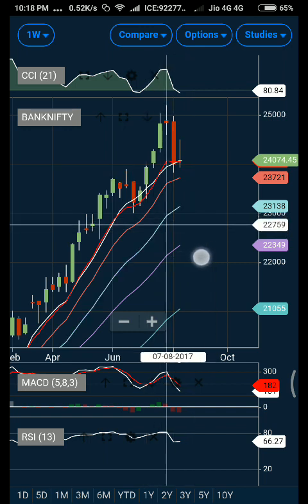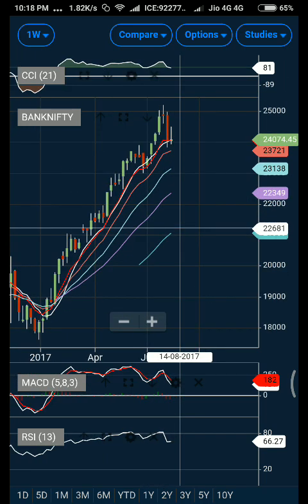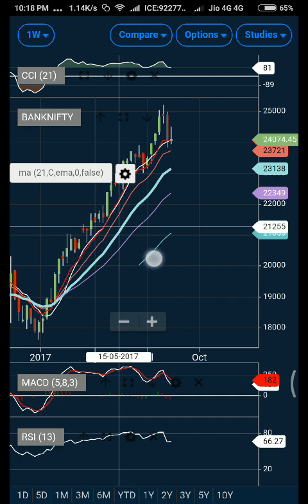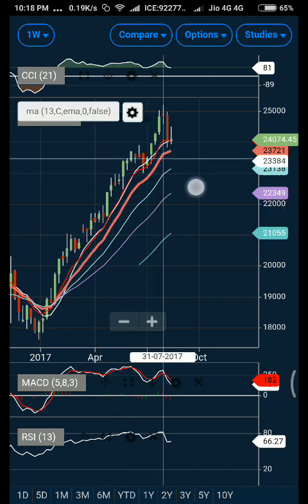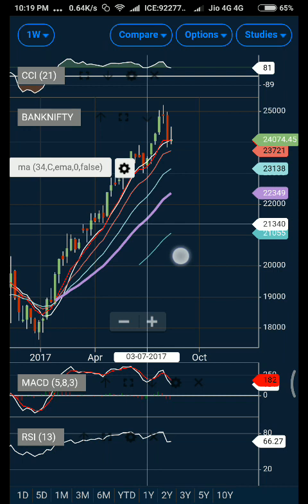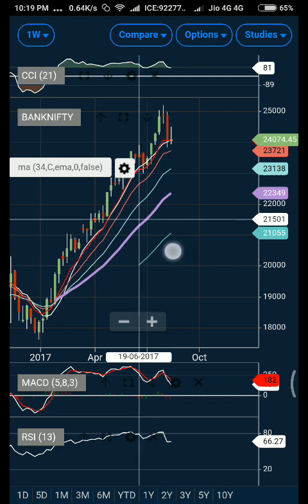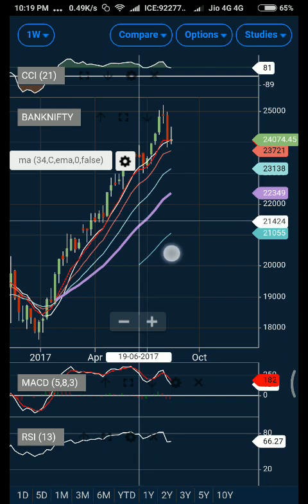Here you can see a bearish crossover is there, but MACD is still trading in a positive zone. RSI is also trading above the 50 level, and CCI is also at a comfortable level. So for those market participants suggesting a very aggressive down move for the week ahead, I am not of that opinion. I feel there will be a correction, but the correction will be short lived, and the market is in a strong up move and most likely it will continue. So that was my analysis for Nifty and Bank Nifty for the upcoming week.